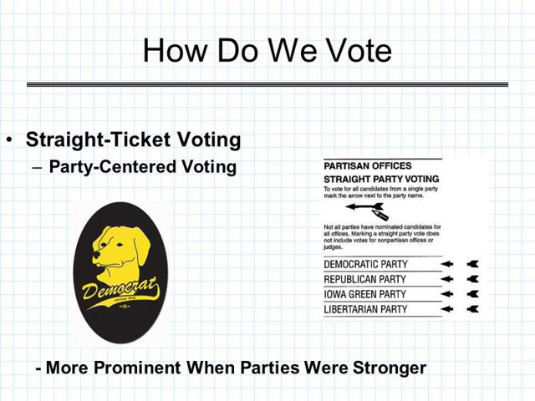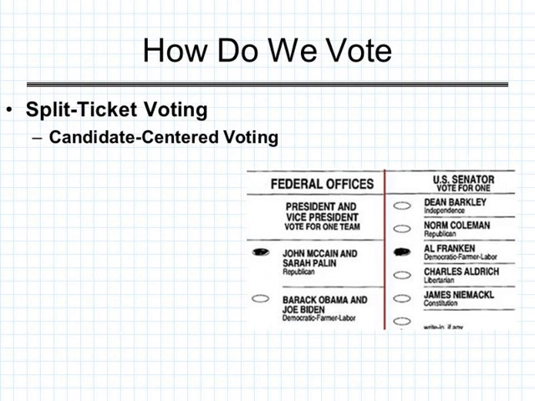We don't vote straight ticket quite as much as we used to now. As a matter of fact, a lot of states, including Missouri, have outlawed straight ticket voting. There's not that option any longer. So how most Americans vote today is by split ticket voting. And split ticket voting is when you vote for a Republican in one election and a Democrat in another, or